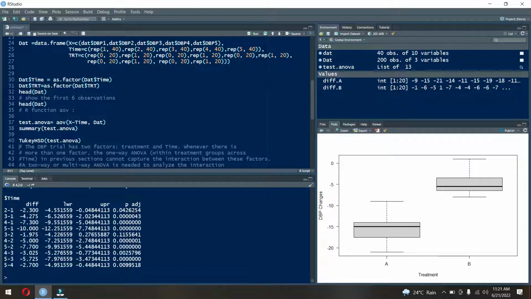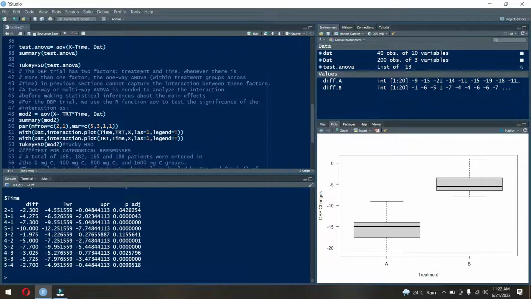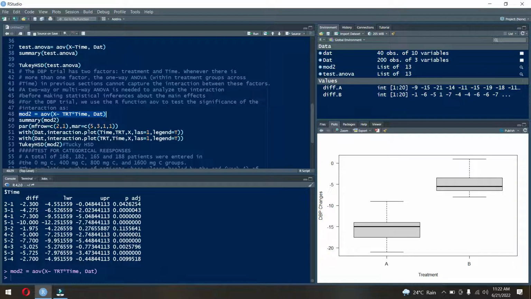So this is the post hoc test for analysis of variance, for checking the means of several groups. Similarly, we can conduct a two-way ANOVA with interaction. We have the dependent variable and we have two independent variables, treatment and time. The asterisk here stands for the interaction term. So we just start model 2 with the ANOVA option and just run this test and see the